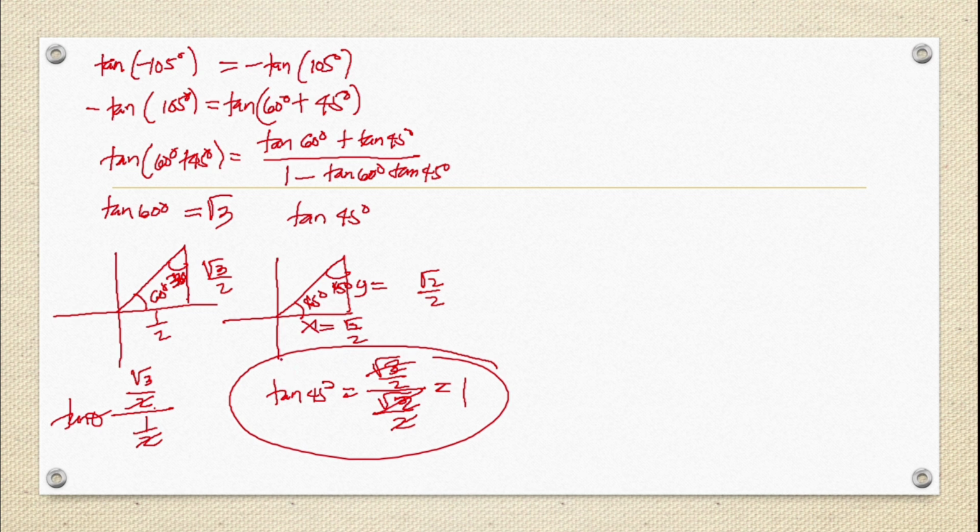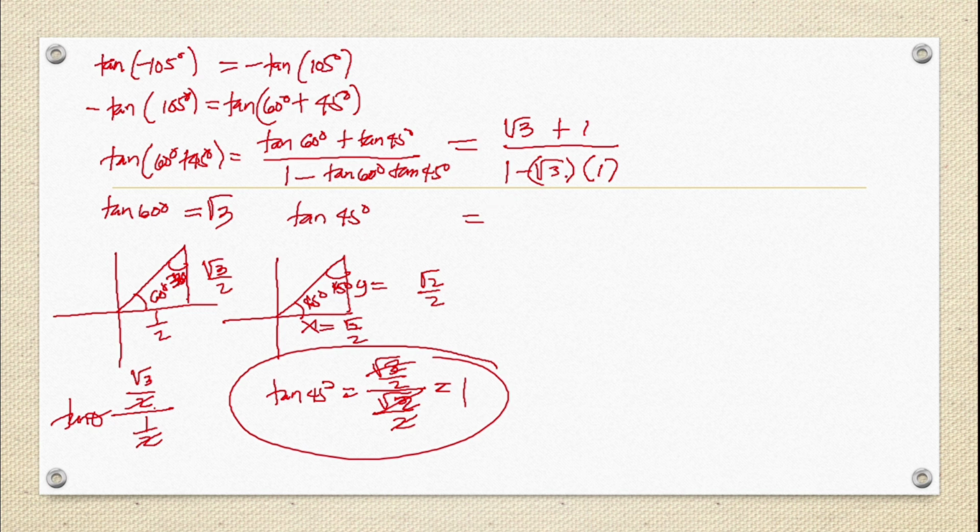So now we have to solve for this part. Okay, so we have tangent 45 degrees is equal to, by the use of this, tangent 60 degrees, which is square root of 3, plus tangent 45, which is 1, over 1 minus the square root of 3 times 1. Okay, so we have here,